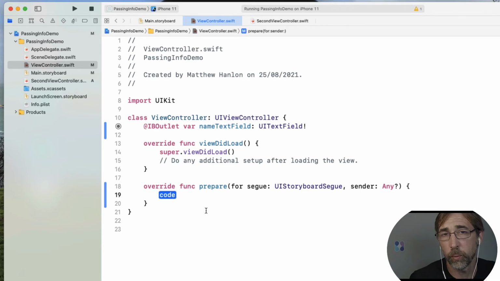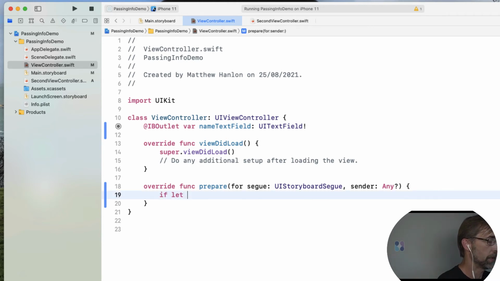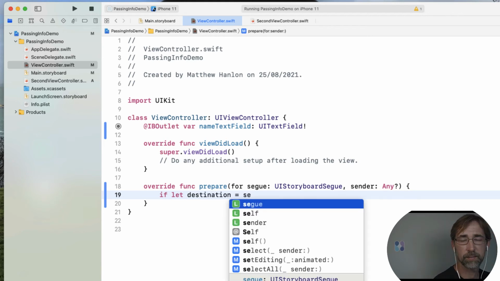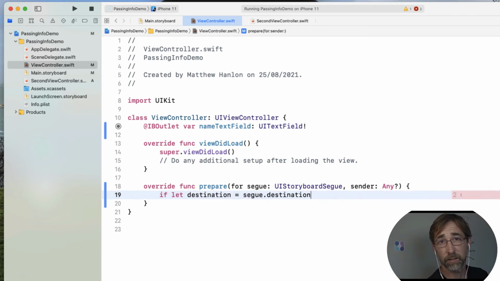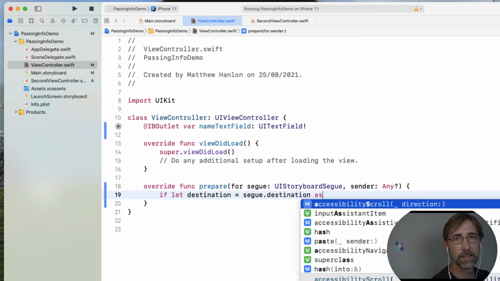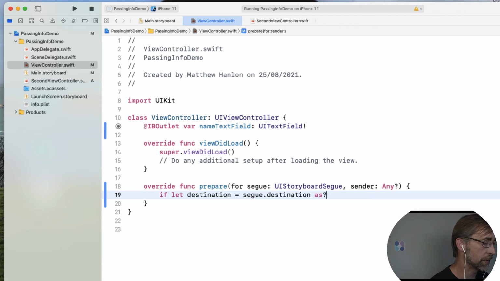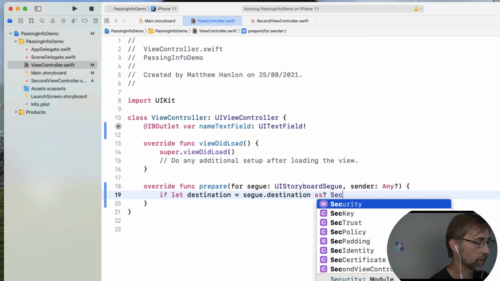So what we want to do here is we want to say that if we're the source, we're going to a destination. The destination is what we care about here. We want to pass some information to that destination. So first we want to do a quick check to see that our destination is a second view controller. We would do that like this. We would say if let destination is equal to, and we can access the destination by a destination property on our segue. We can use that using dot notation. And the way we check to make sure that it's a second view controller is we would just use this as question mark